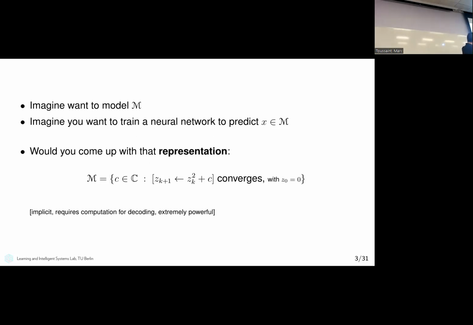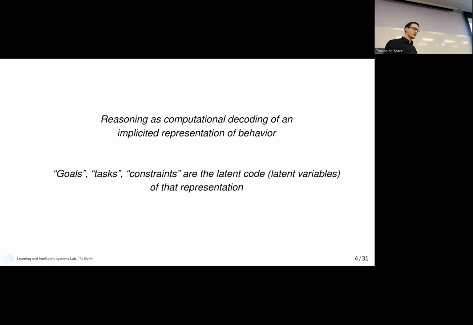And these kinds of representations, I think of them as being implicit. They involve computation for decoding. I'm going to say something about that in a second. And I think of them as extremely powerful in terms of generalization. And the core message of the talk is that we want to have these kinds of representations for complex